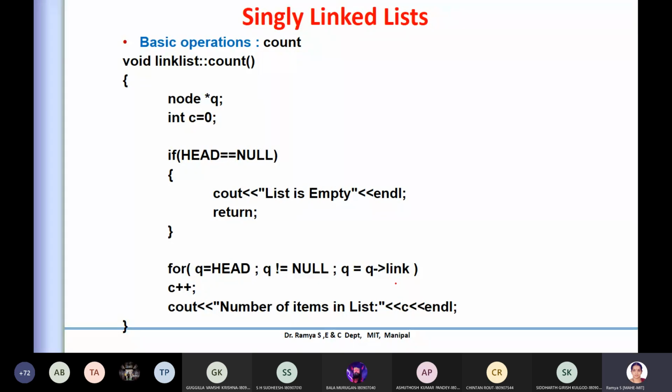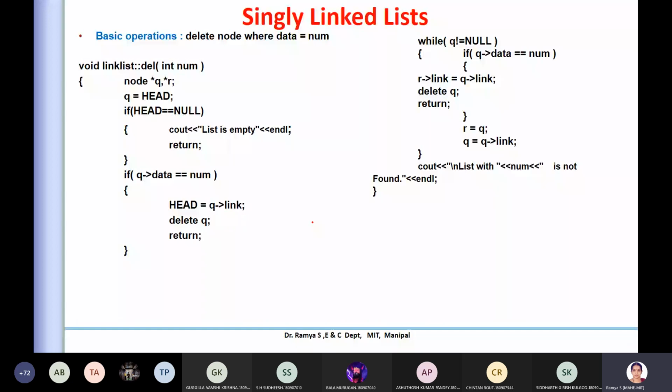Okay. So that is about the count. Now this is very important. What we are trying to do is delete, where I'm basically searching a particular data and deleting that. Let me take the same example, just not to make it complex. I have 3 nodes. As I told, I have a data and a link for each.